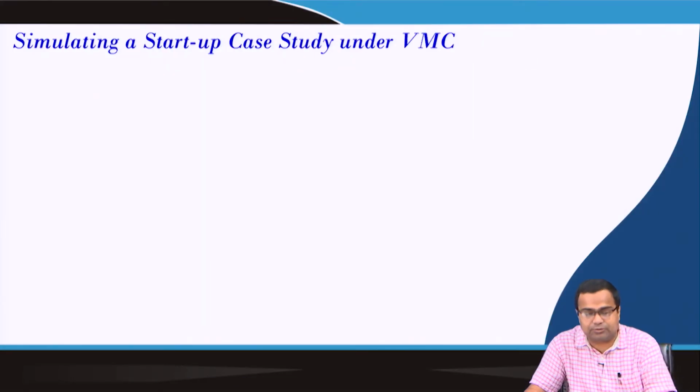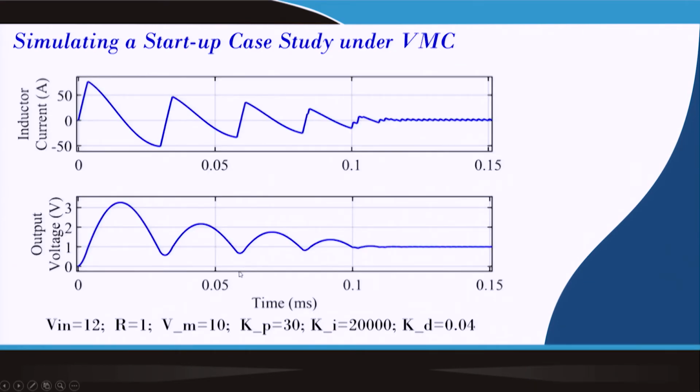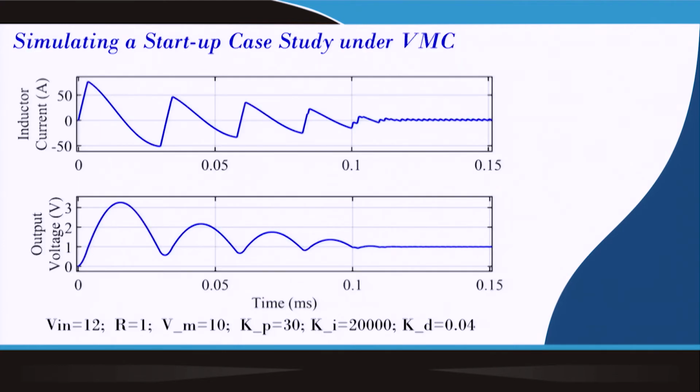So, this is where I am showing this startup transient scenario in this presentation. That means, with trailing edge modulation, I am simulating this startup transient, and this is what I have shown now. So, here I am using Kp, Ki, Kd, and you can see the huge transient. Now, the next question, how can I reduce this transient effect?